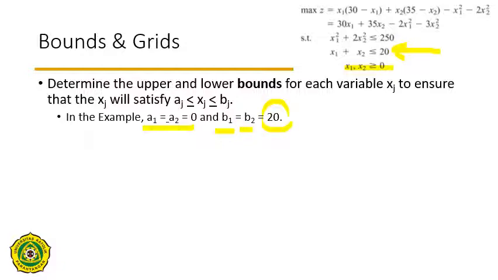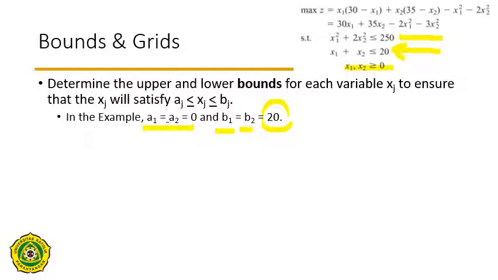In other words, x1 and x2 may not exceed 20. Well, this upper bound is not super tight. It means that if you take a look at the first constraint, you may get an upper bound that is lower than 20. But in this case, it is okay if your bounds are not very tight,